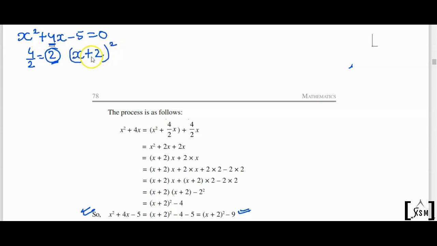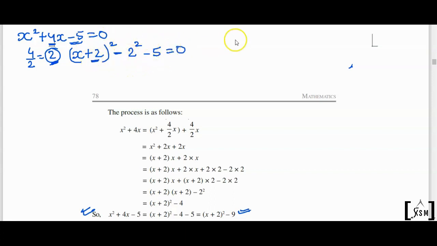I'm telling you a shortcut way. I will explain why we are doing this. So x plus this number, whatever you got, whole square, and then you always subtract the square of the number you got here. Okay, the square of that. Good guys, and then this minus 5 we write at the end, and of course equal to 0 is there.